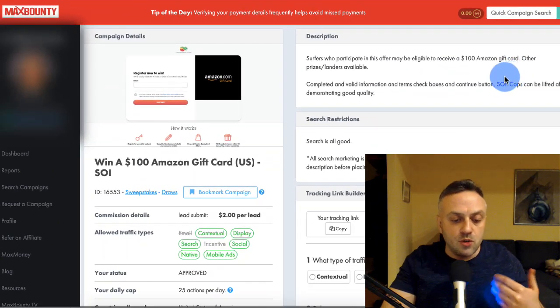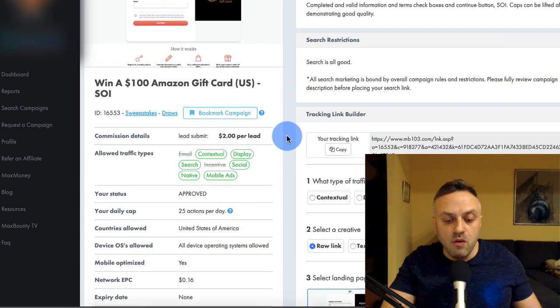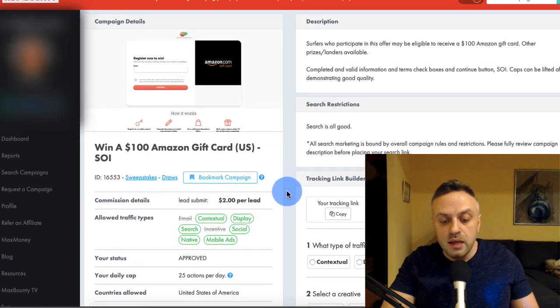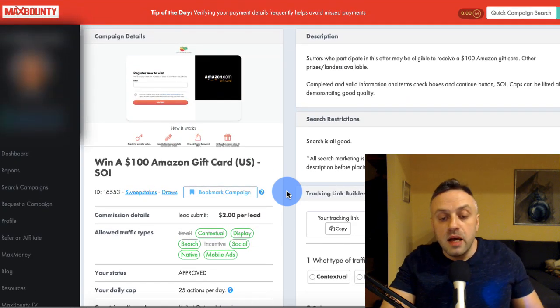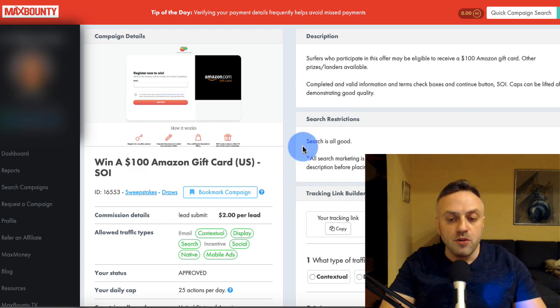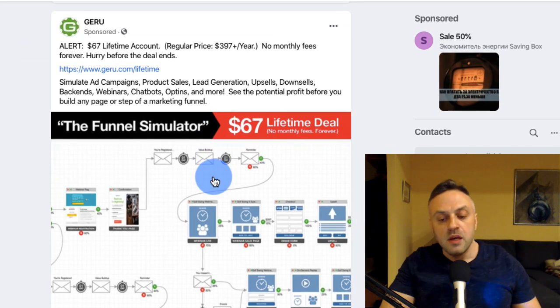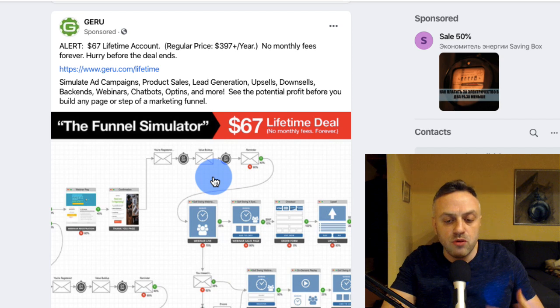Sweepstakes, surveys and email submits are all low quality offers, because you're only getting $2 per lead, and the end user is not really sure they're going to win something. They have a chance to win, but it's not guaranteed. That is why Facebook is very wary of this kind of stuff. Facebook doesn't want their entire newsfeed to be ads that promise you'll win something. They don't like ads that make heavy claims. This is the way to look at it.